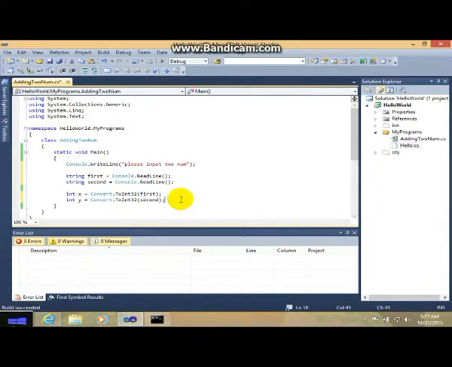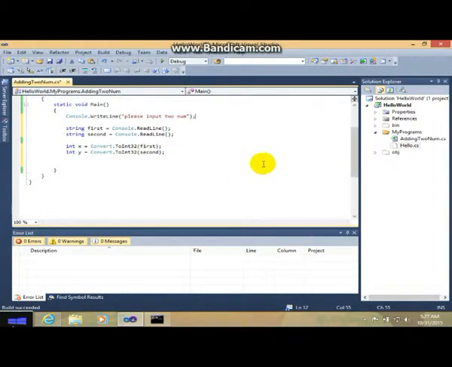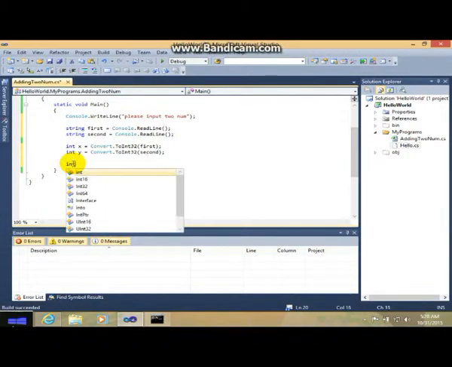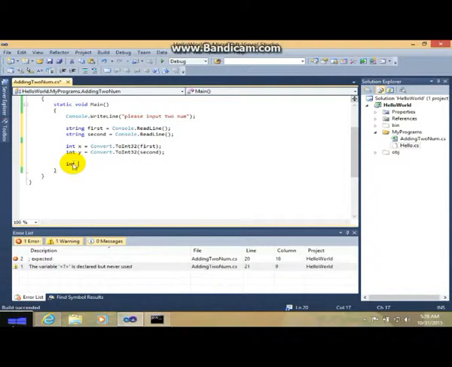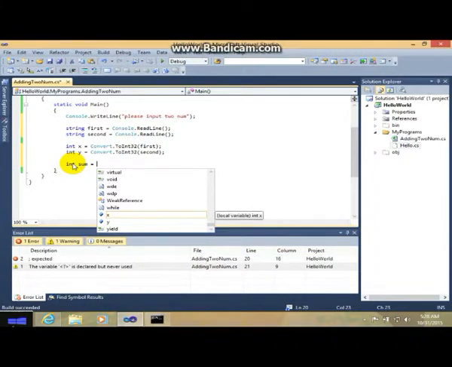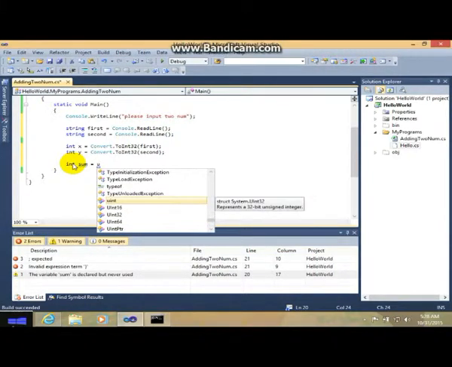Okay, once you've done converting, the next thing you need to do is add the two numbers. To add two numbers, like what we did last time, int sum equals x, or you need a fancy name like sum.